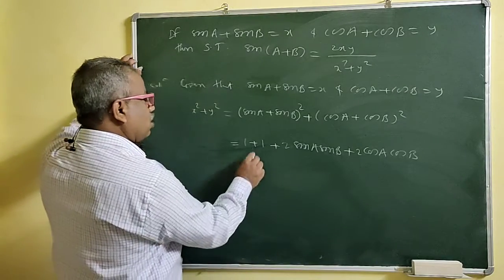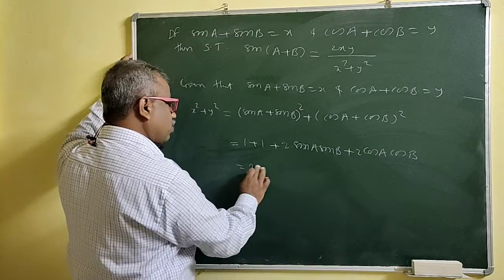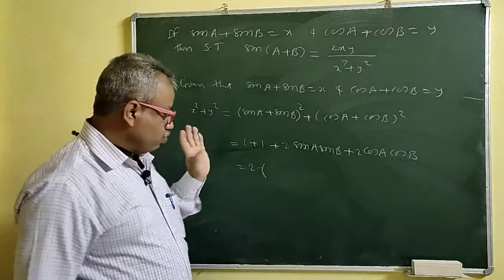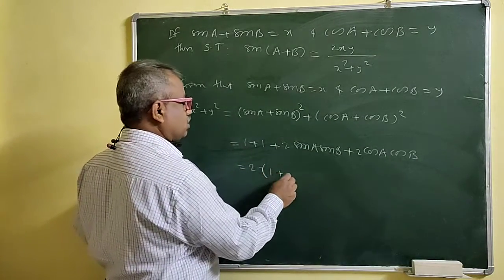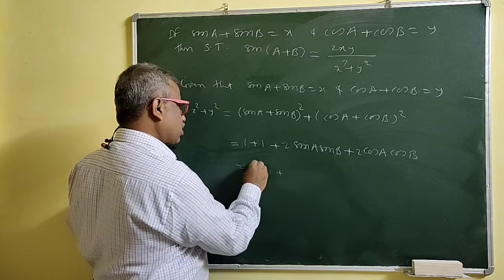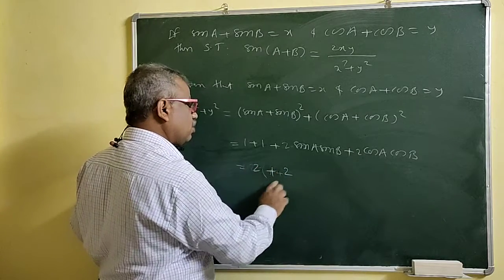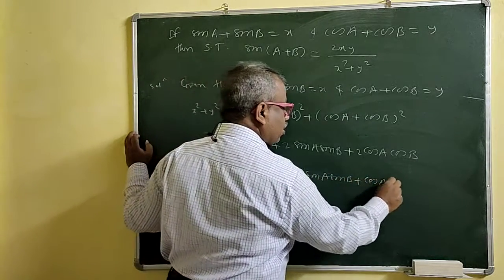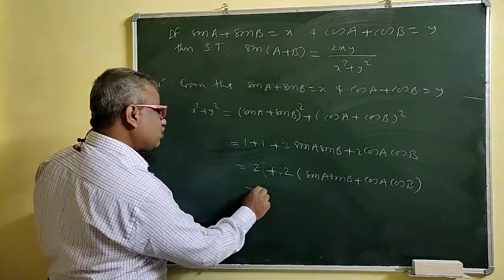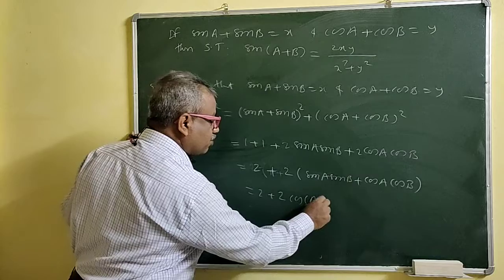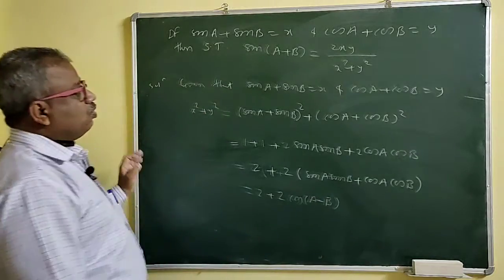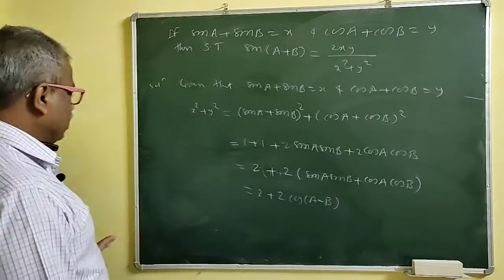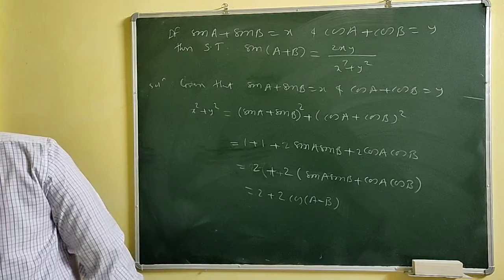So now this is equal to what? So this 2 plus 2, so we'll take 2 common now. This is 1 plus 1 is 2, right? And then 2 is there everywhere, so we'll take 2 common. So what we get then, 1 plus, so instead of this we'll write 2 as it is now here, right? We'll take 2 common from here only. So what, sin A sin B plus cos A cos B. But what is this? This is cos of A minus B. This is the formula for cos A minus B. Okay, so we'll keep this as it is.